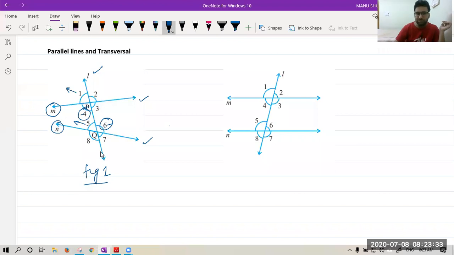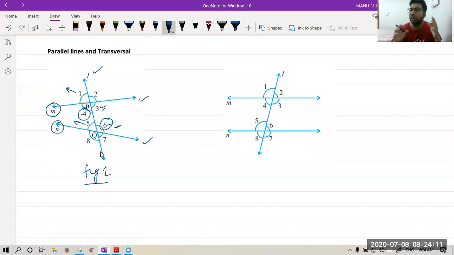Can we say here that 3 plus 6 is 180 degrees? Yes, class? Can we say that 3 plus 6 is 180? No, because the lines are not parallel. You can observe from your side also, if you add 3 and 6, they will never become a straight line. Sir, is 5 and 7 VOA? Yes beta, 5 and 7 is VOA. Moksh, it is correct. So only VOA can be used over here, nothing else. One more thing can be used, simple: 1 plus 2 is 180 because it is a linear pair.